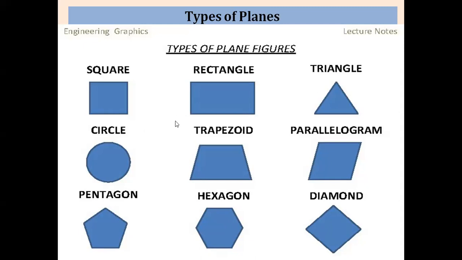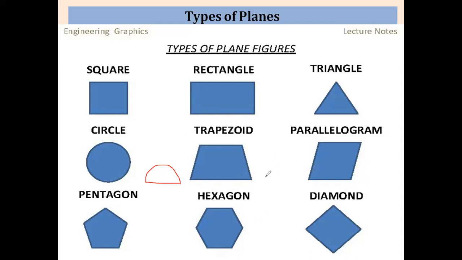Then there may be a plane which is called a semicircular plane, something like this. There may be some planes you can add here, which are not given. Semicircular plane will also be there. So semicircle and circle both, with the diameter and one semicircle. Likewise it may be there.